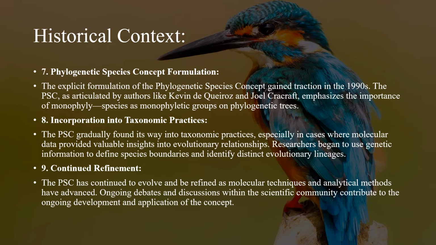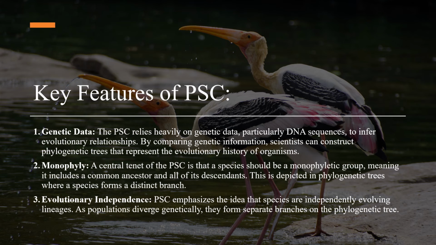evolutionary relationships. Researchers began to use genetic information to define species boundaries and identify distinct evolutionary lineages. This concept has continued to evolve and also got refined as molecular techniques and analytical methods turned out to be more advanced and complicated. Ongoing debates and discussions within the scientific community contribute to the ongoing development and application of the concept. Now let's have a very brief look if we want to compare the phylogenetic species concept and the biological